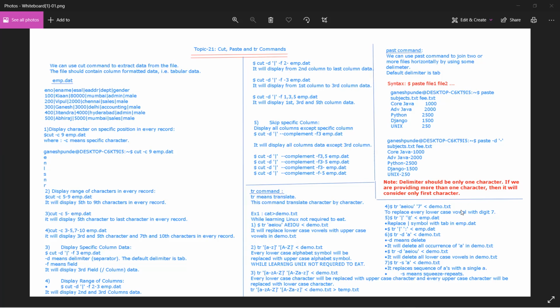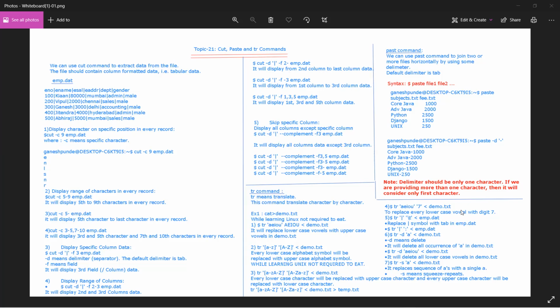Now suppose you want to replace the sequence of A's with a single A, meaning if there is a repeated A. If you want to replace it with a single A, you can use the hyphen S flag.